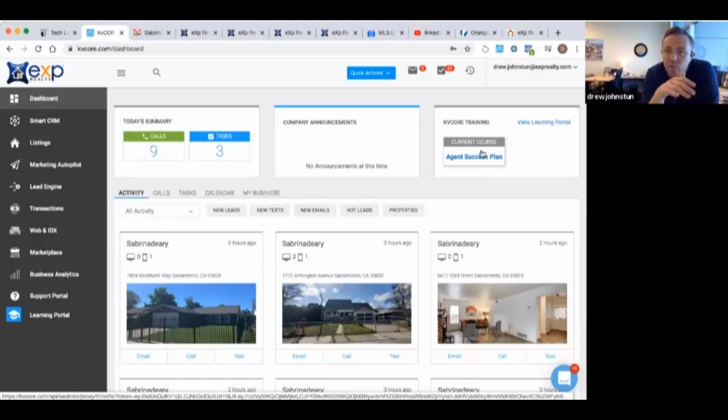Any of you guys want to start teams or anything like that? That's the first thing you have your agents do when it comes to getting onto their KVcores, or even getting on your team platform, which is an awesome platform for teams, by the way. I have helped people move databases of 27,000, 30,000 leads over to this. And I tell my guys, do not give any of your agents access to leads until they complete your Agent Success Plan. It's really important.